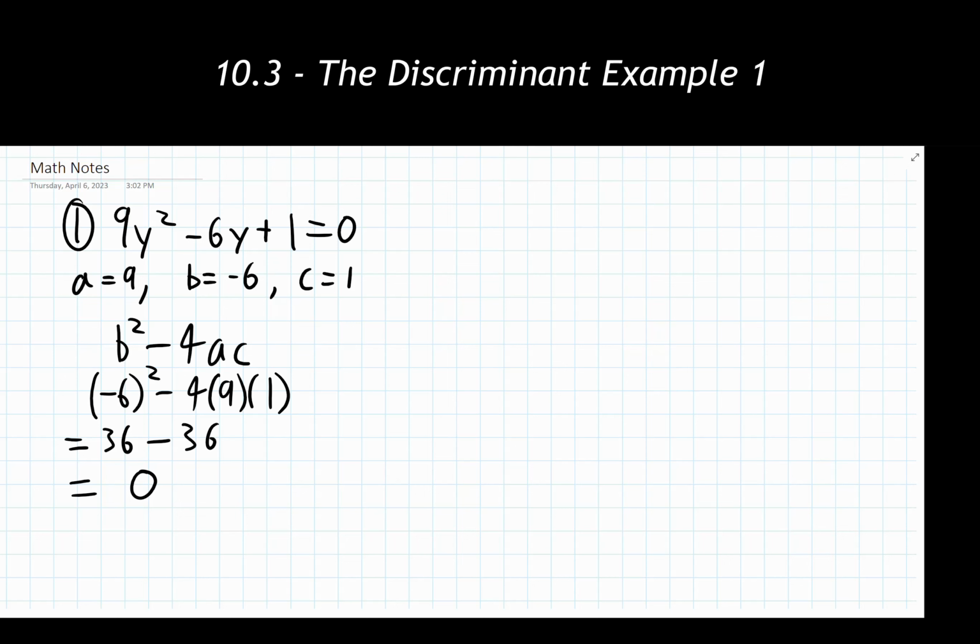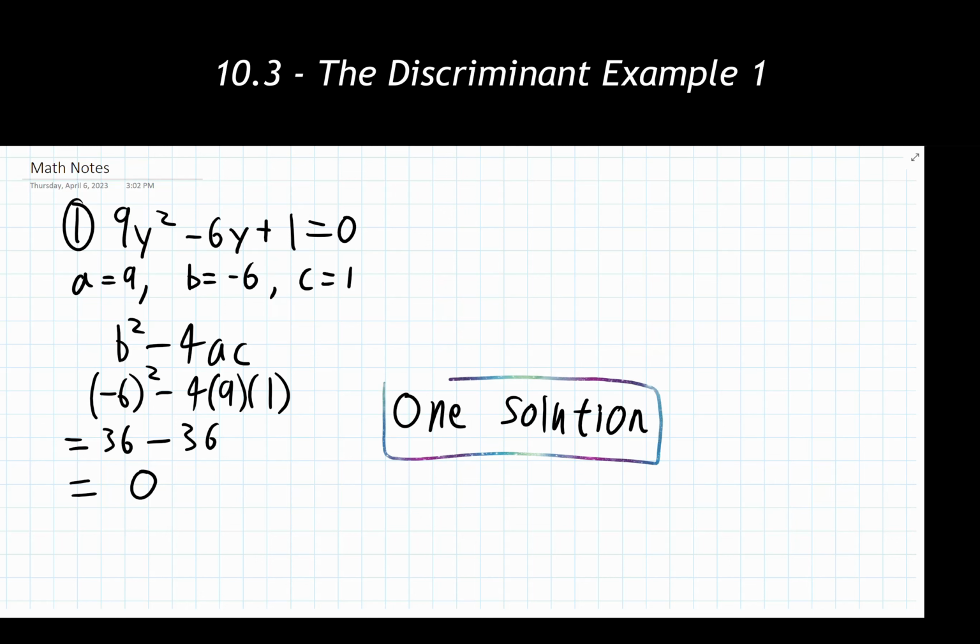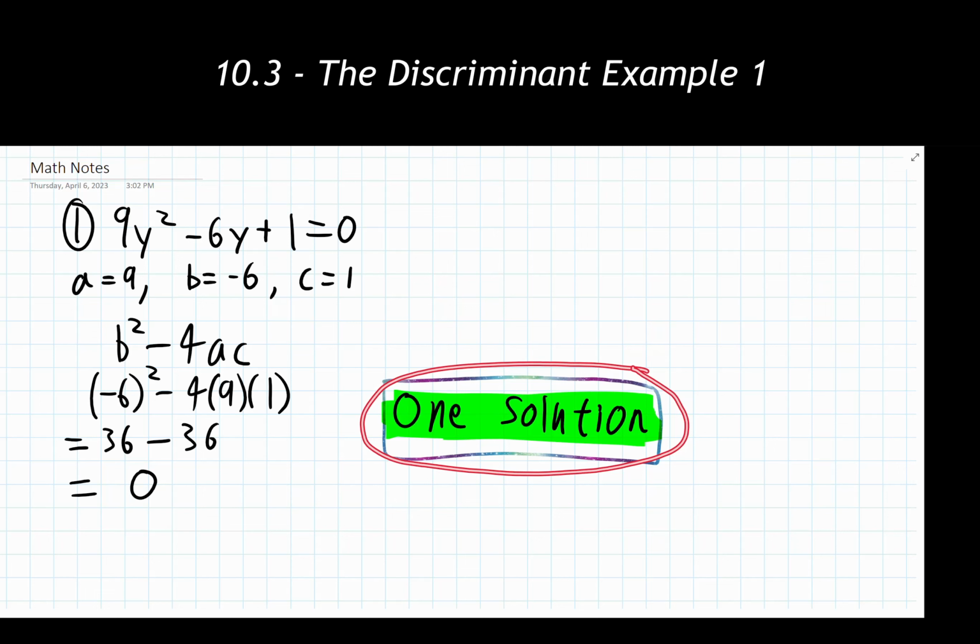Now that I have a discriminant of 0, we check back to our notes and notice that if my discriminant is 0, then I am going to have one solution. Again, the discriminant does not actually tell us what the solution is. It simply tells us how many solutions we will eventually get. So if you're finding that you're getting one solution but don't actually find it, that's just the nature of what the discriminant does, and there's nothing wrong with that. Once we have the number of solutions written down here, we're good to go.